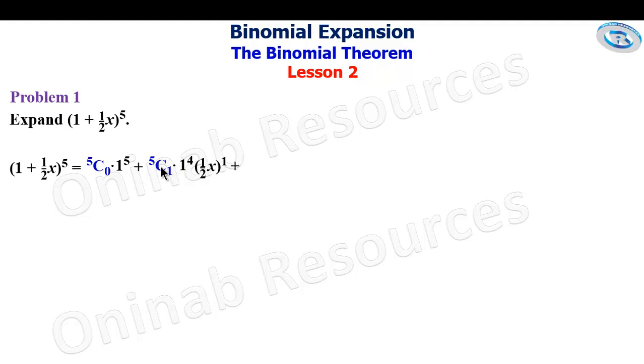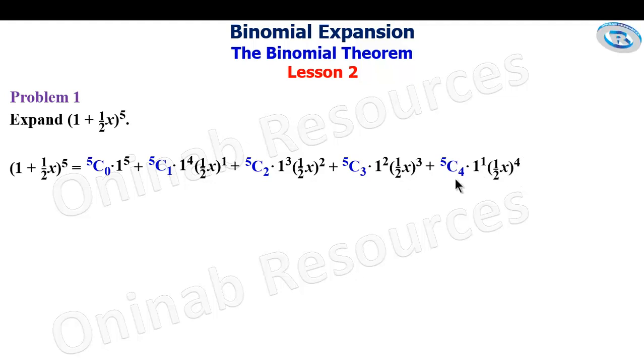The third term is going to be 5C2, then times 1 raised to power 3, the difference between the superscript here and the subscript, then times (½x) raised to power 2. Then plus 5C3, 1 raised to power 2, then (½x) raised to power 3, this 3. Then the next term is going to be 5C4, then times 1 raised to power 1, then (½